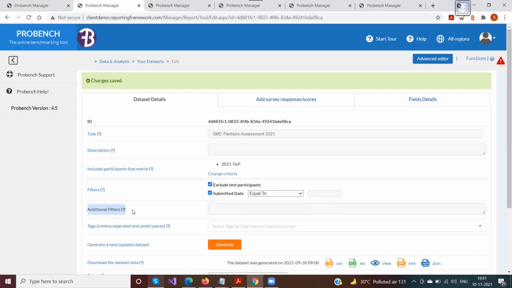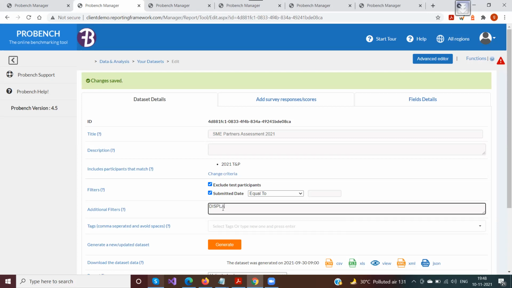The next is additional filter. This additional filter is a bit formula based, where you will have to add formulas, which is a bit more technical than the normal selection. Say you want to only include certain companies with a certain display name.